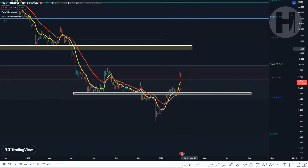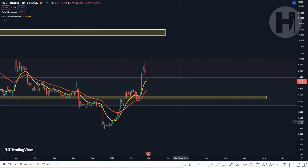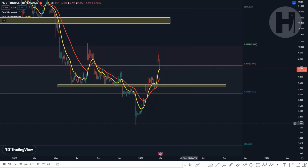And that's when we're probably going to stop swing trading. At least I will. Because I don't want to sell and just see the price do a 50x without me. So yeah, we took profits over here at $7.20. Around that price, that's where I was targeting the 1.414 Fibonacci retracement. As you can see, that was